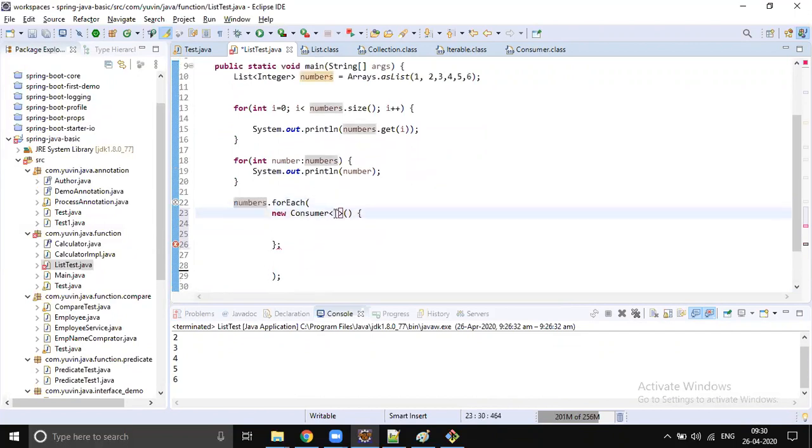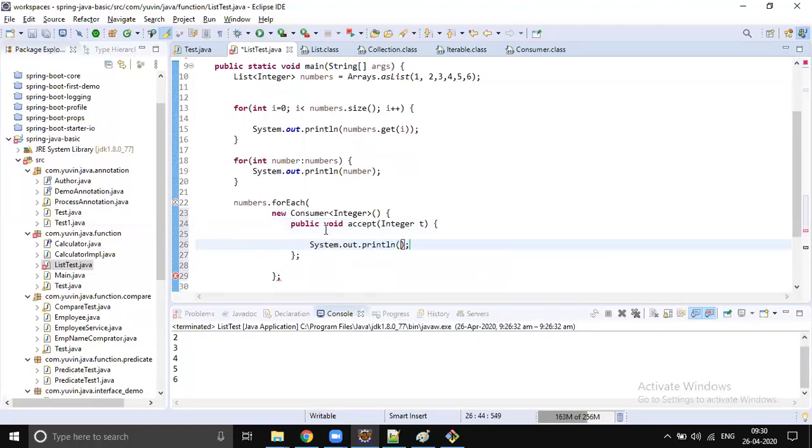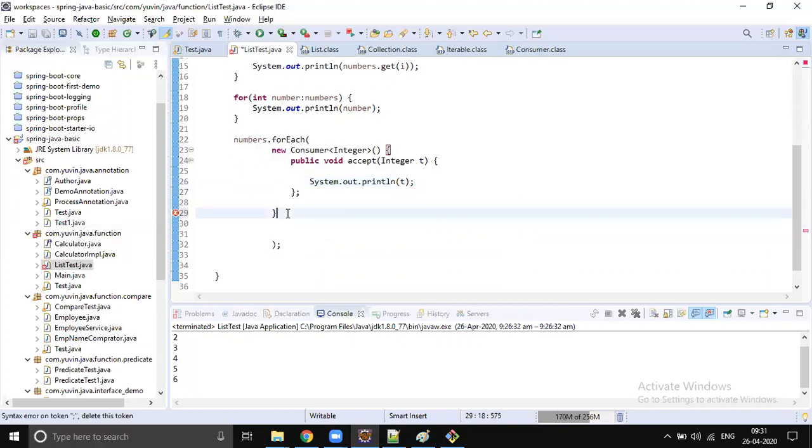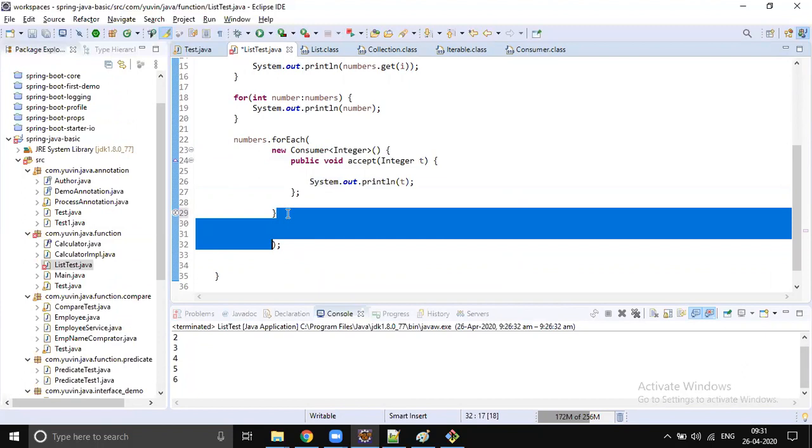It is of type integer, so my consumer is also of type integer, and I should override the method accept. Inside this accept method, I'll print the value of that number. So this is what we have to do.